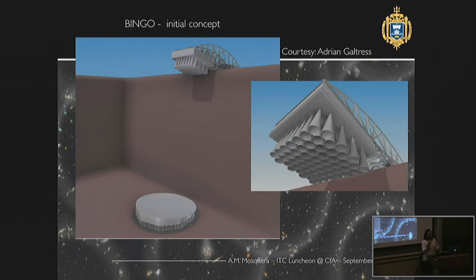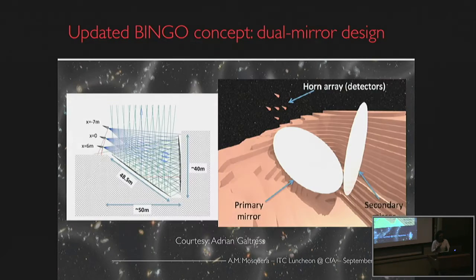But to have the resolution we need to do the measurements, we couldn't find a deep enough quarry in Uruguay to do the construction, as it required an almost 100-meter deep quarry. So we had to change. We preferred to change the design instead of making other changes. And so instead of a single dish, it was transformed into two mirrors, what we call the dual mirror design.